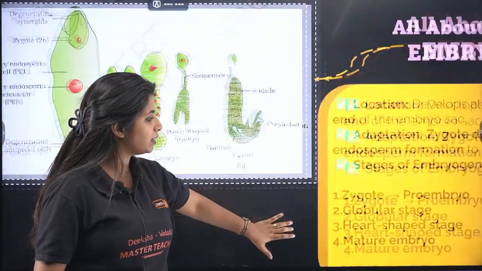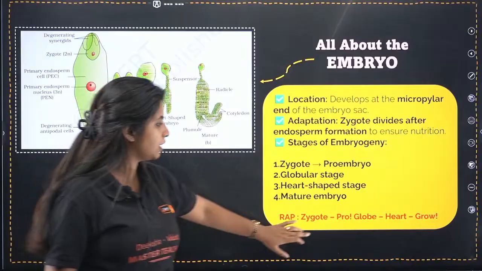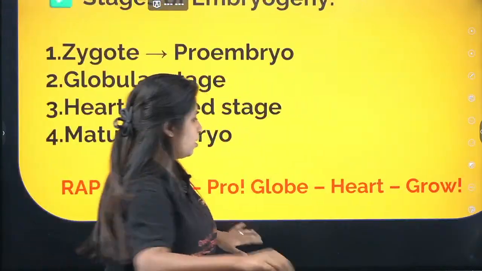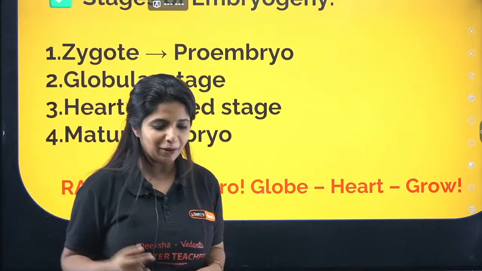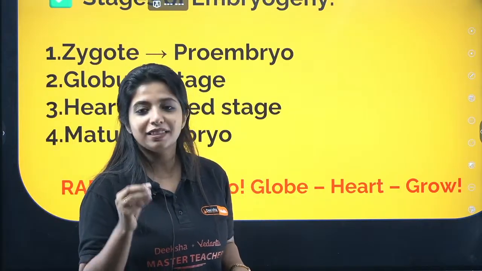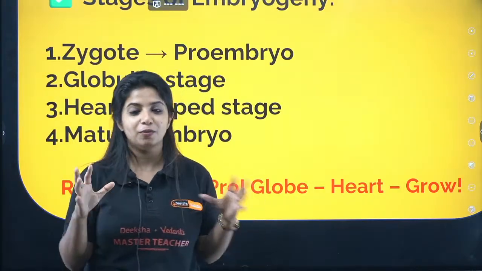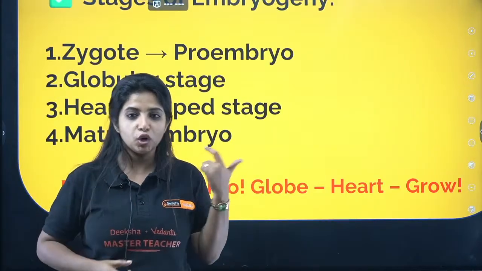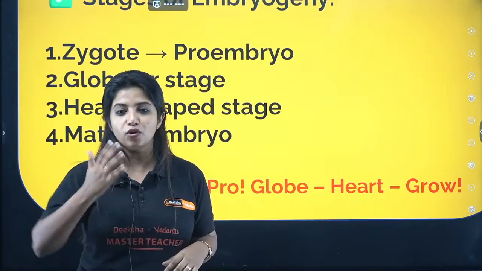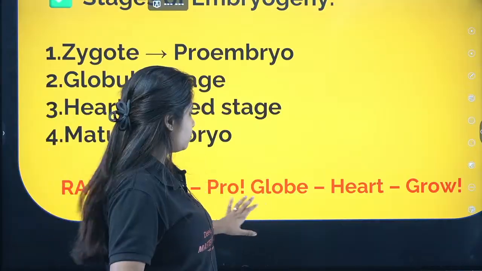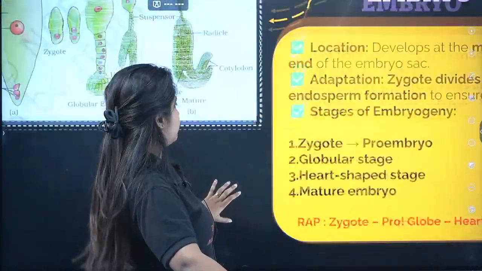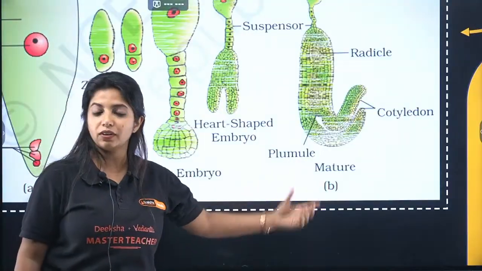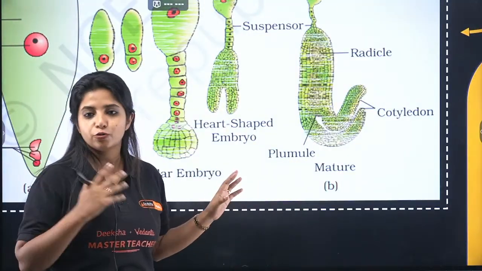How do you remember it? There is an easy way to remember it. Okay, there is a rap like this which you need to remember. Pro, globe, heart, grow. Okay, I know that's a really bad one, but that is how usually you might be able to remember things. You have to be silly at times. So pro, globe, heart, grow. Please remember, there is heart, and our heart breaks, and that's when we realize that we have become mature. Usually that is the process.